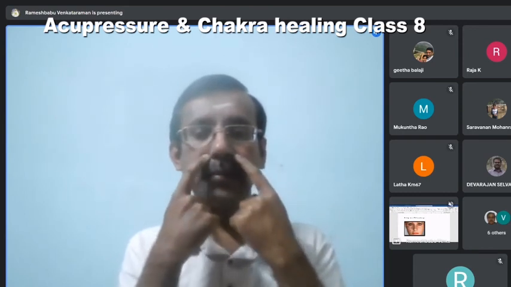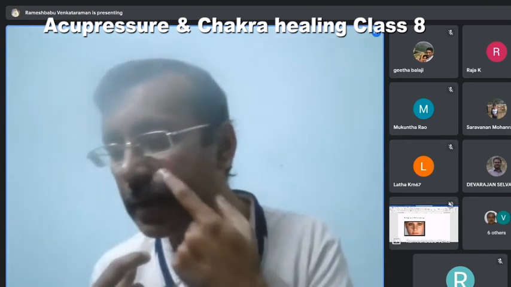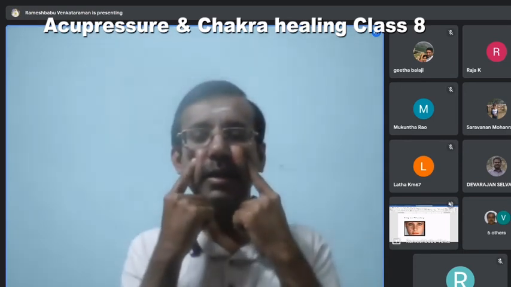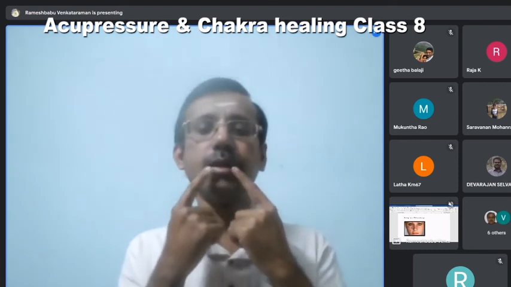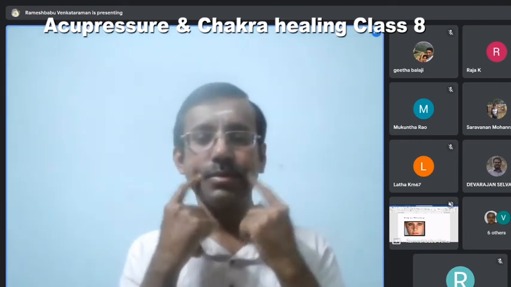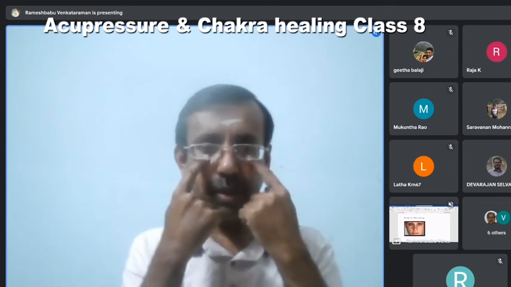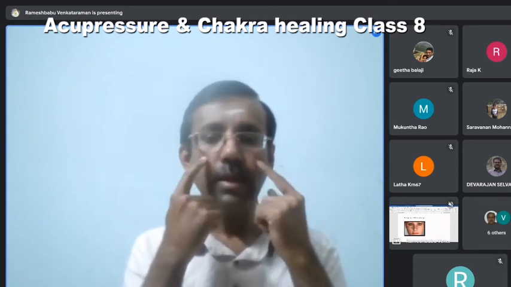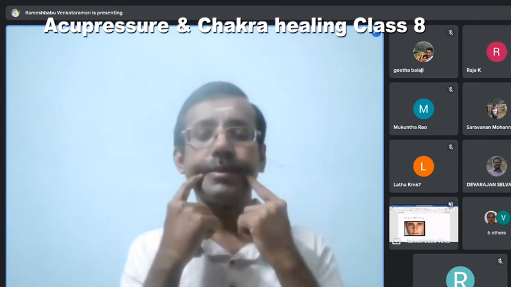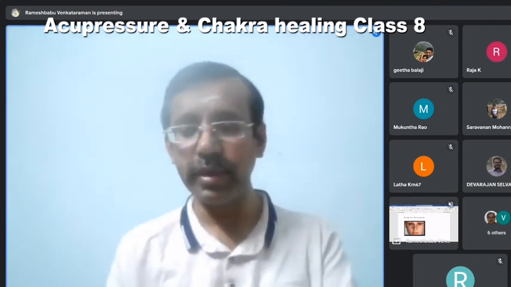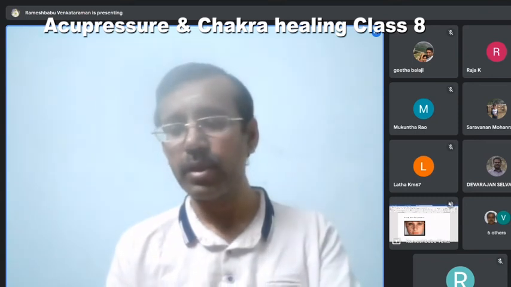You can see here, right? If you draw a line like this, this is ST3, and at the end of the lip is ST4. So this is ST3, ST4. It's very easy to remember: ST1, ST2, ST3, ST4. So 4 stomach points. These points are very, very useful. You can easily identify them.